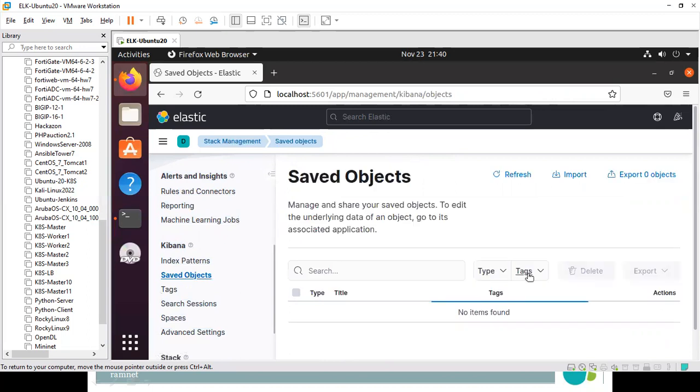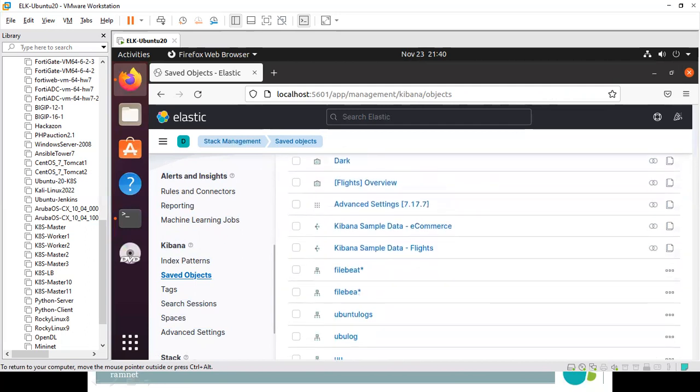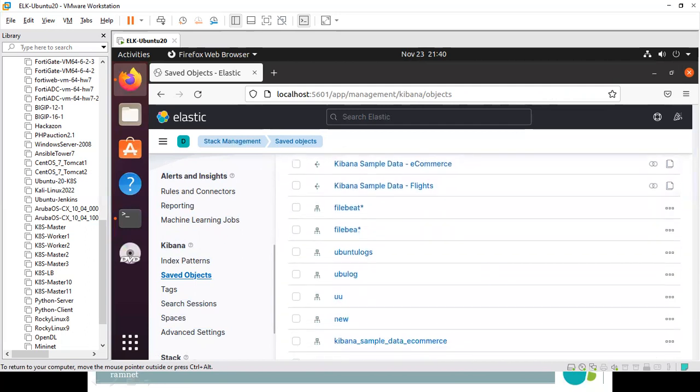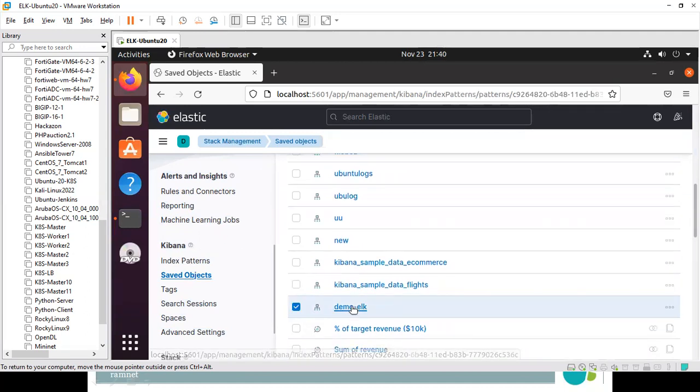Saved objects, you can see e-commerce, Filebeat, demo ELK. This is the one I just now made.